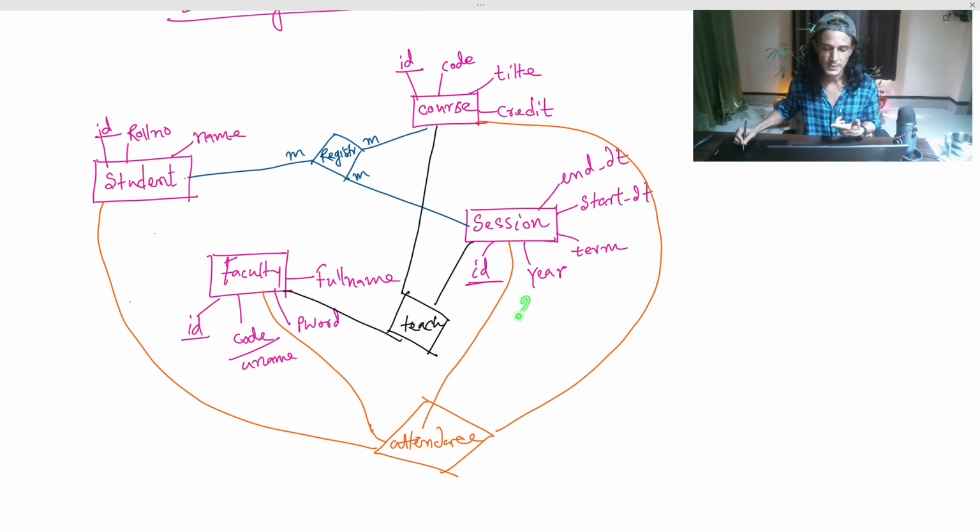Like year could be, say, for example, 2023, term could be, say, for example, spring, like that. And what is the starting date and ending date? These two attributes are not needed for our application, at least at this stage. But I'm just showing them, like you can add them very easily and you can extend the functionalities of your